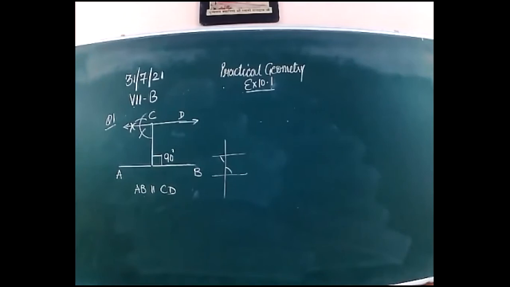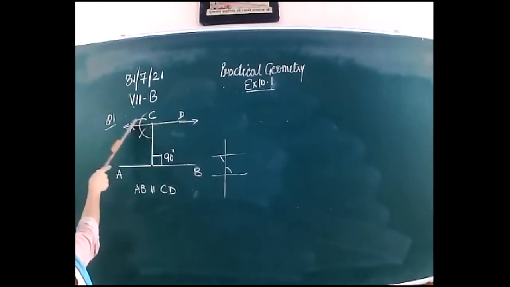Ma'am, first with the help of 60 and 120. Yes, do that, you do it first, start. First make a semicircle from C, put the compass on C, draw a semicircle, then from this point draw first arc that is 60, then second arc that is 120, then make half of 60 and 120, that will give you 90. You draw first. Ma'am, it's done. Now join this. These arcs that are coming, join them with point C like this.